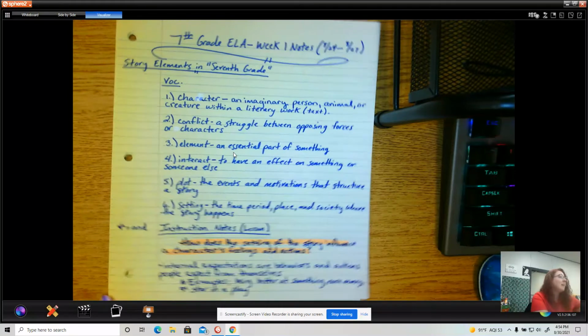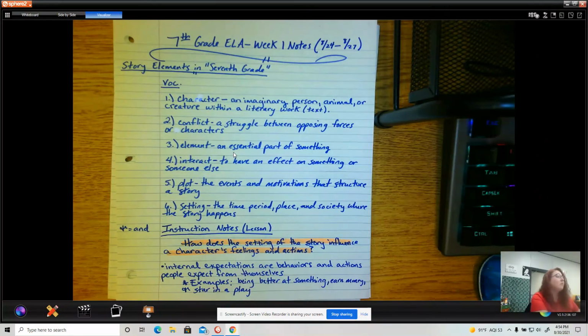But every lesson has a question. So our first lesson, the question was, how does the setting of the story influence a character's feelings and actions? When we do that, we have to think about what our character's expectations are. And there were two types of expectations. You have your